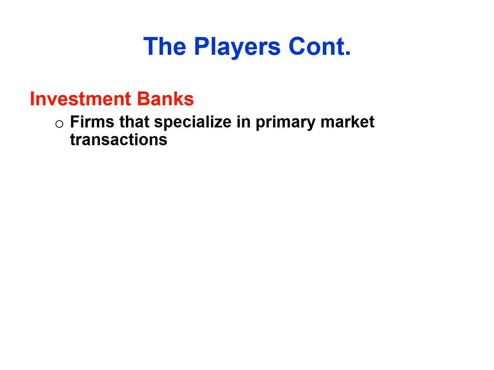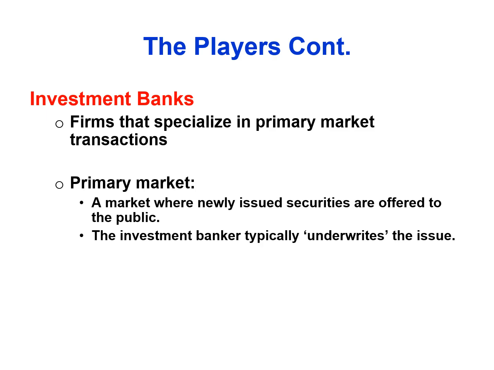Investment banks play a critical role in the financial markets, acting as a bridge between issuers of securities and the investing public. These institutions specialize in primary market transactions, which involve the initial creation and sale of securities. In the primary market, investment banks are instrumental. They facilitate the issuance of new securities, such as stocks and bonds, by corporations and governments. A key service they provide is underwriting, where the investment bank buys securities from the issuer and then sells them to investors, often taking on the risk of the sale.